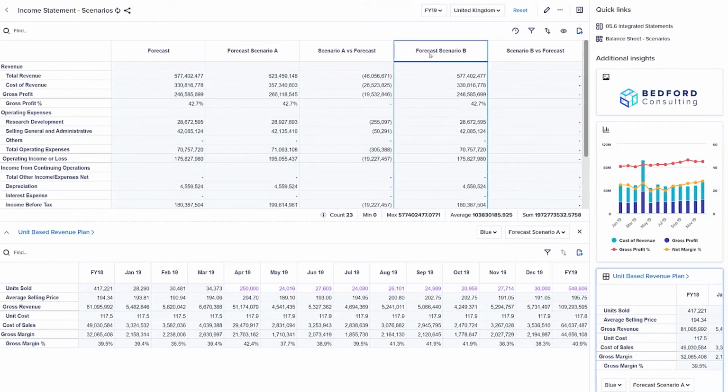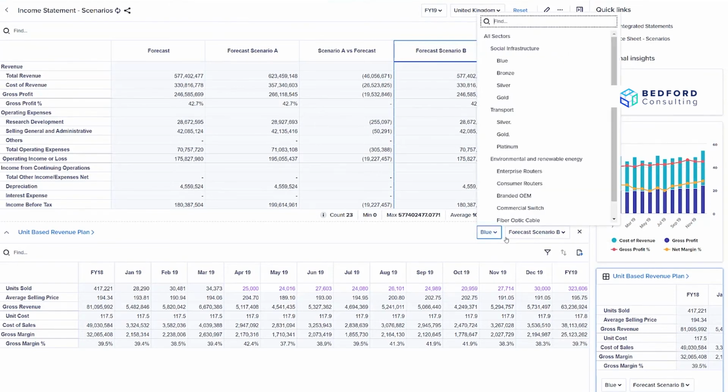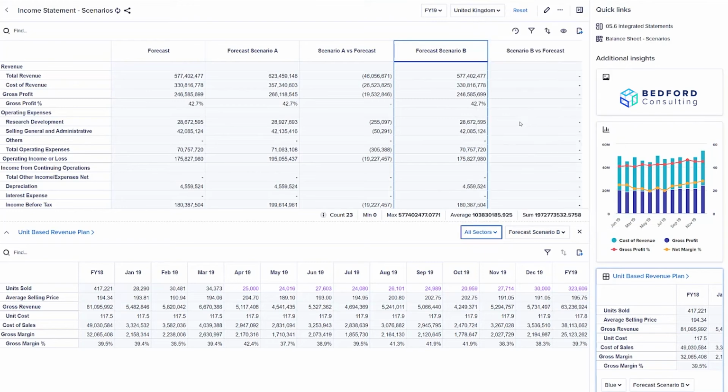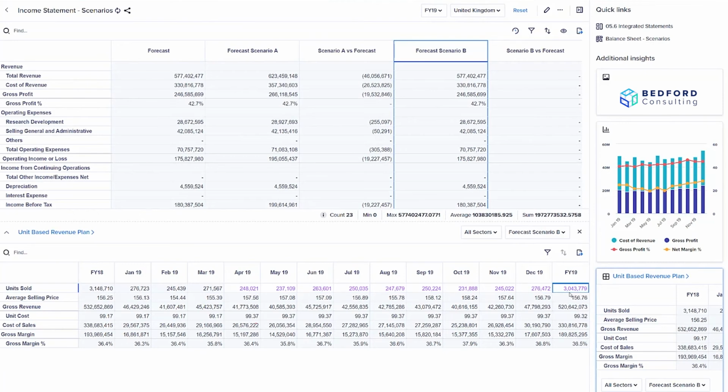First, if I click on scenario B, you can see my bottom grid now relates to scenario B, and I can swap from an individual product up to my all sectors level, as well as being able to key into my total year. If I change the full year value for all sectors from just over 3 million to, let's say, 3.5 million,